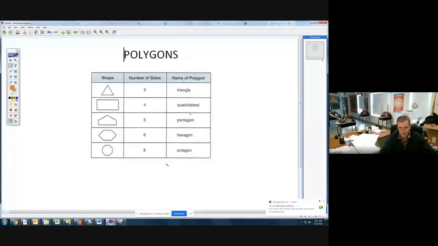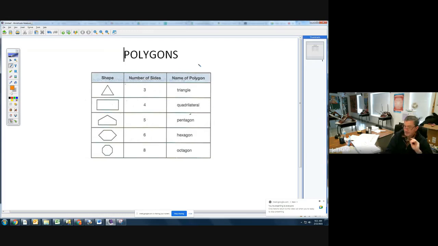If you would take out, Miss Kinzel should have for you a piece of paper that we're going to use at least for one of our notes today. At the top it should say polygons. Let me find it here. There we go. Yours should look a lot like this. I'm not sure if we've talked about polygons before. I'm sure we have. But if you take that piece of paper out and jot down these notes with me,